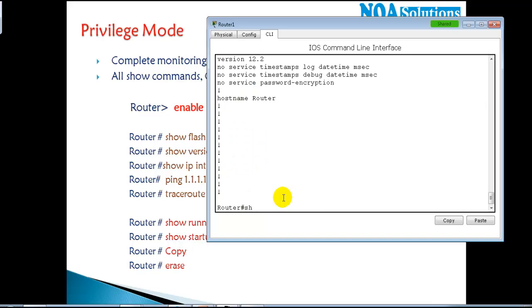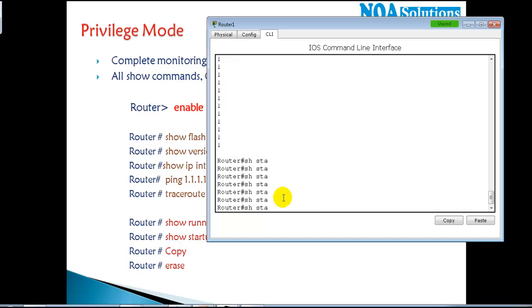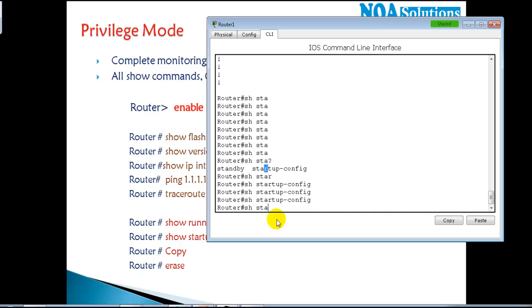And if I say show start tab, it will not take start, because with STA there are two more commands that start with it. The device will not be able to decide which command you're talking about, so we need to add one more keyword, star, and then tab. Why? Because there is no other command that starts with show star, it's only one command called startup config.